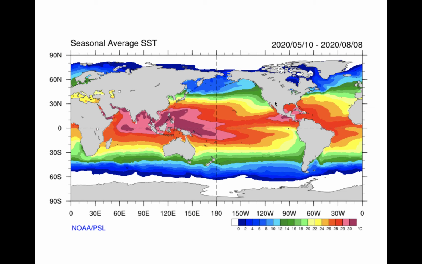Again, we'll start by looking at a typical distribution of sea surface temperature, and although this is not a long-term average, it does capture the basic features of the SST distribution during boreal summer. Again, the deepest, most persistent convection in the tropics typically occurs here over the Indo-Pacific warm pool, and variability to this convection has impacts on mid-latitude dynamics far from where the tropical convection occurs, as we'll see shortly.